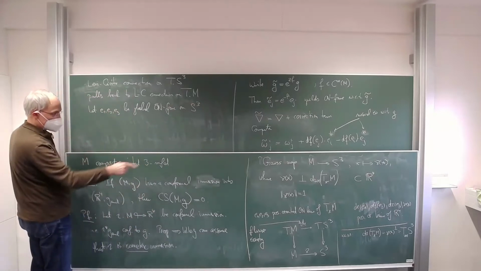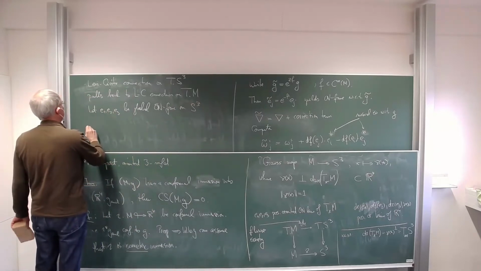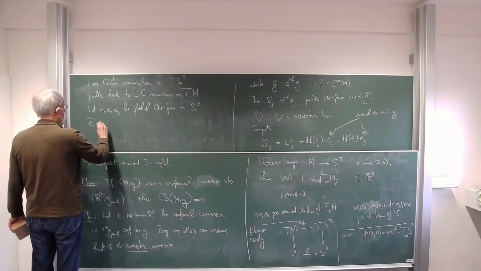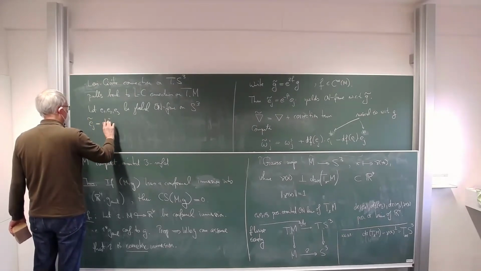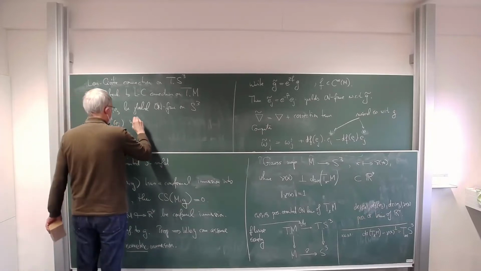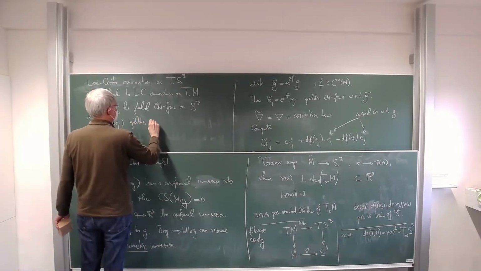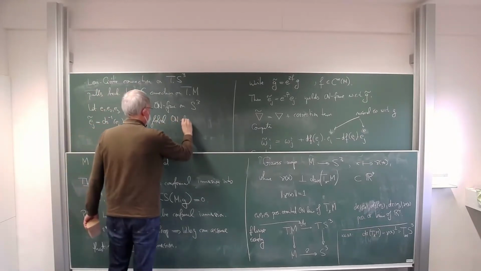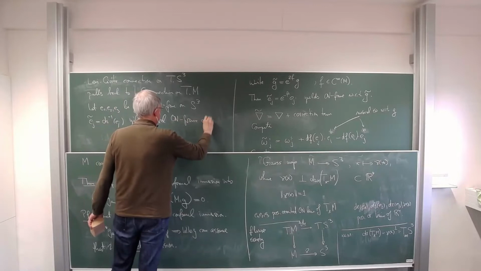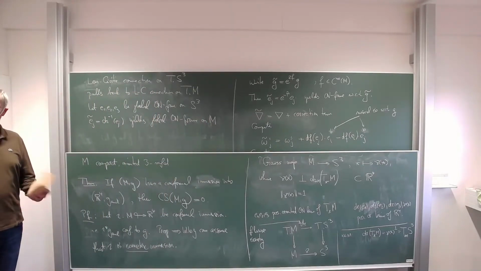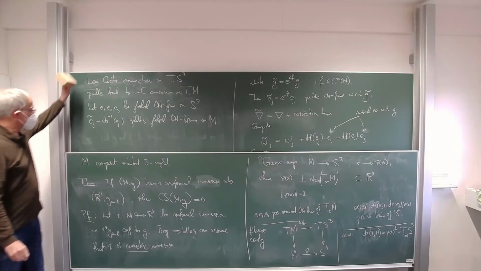Pull it back along iota, then E_j tilde, which is d iota inverse of E_j, so it yields a global orthonormal frame on M. So now we have our background frames with respect to which we can compute the